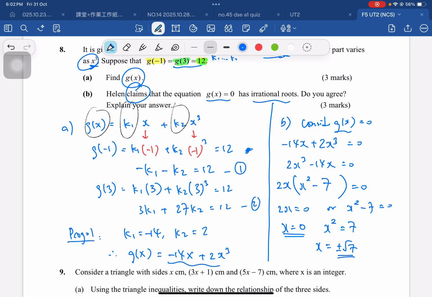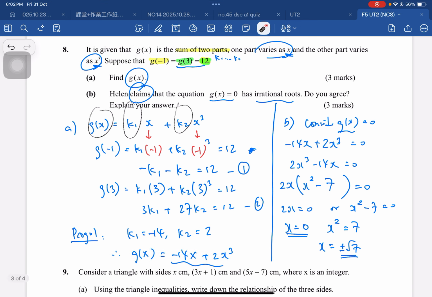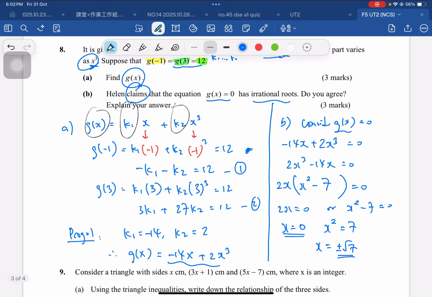It's not that all of them are rational, but the question is just asking, is there any irrational root? So we actually agree, because square root 7 is irrational. Okay, so that's for part